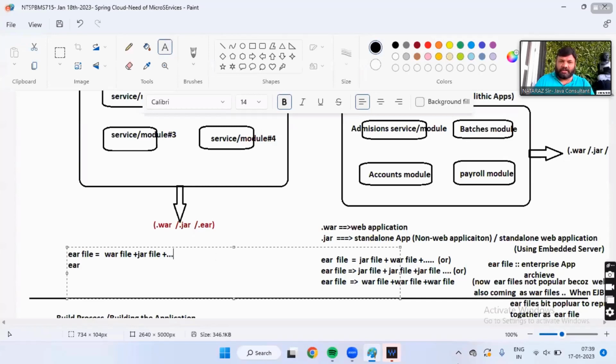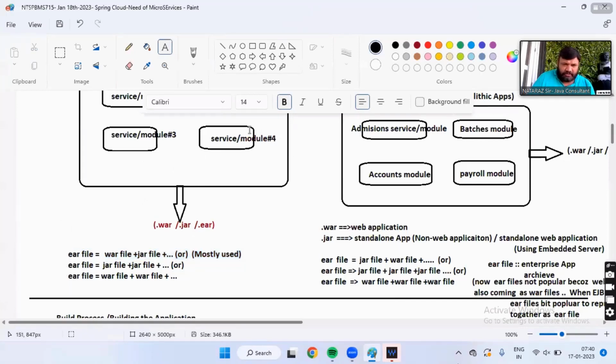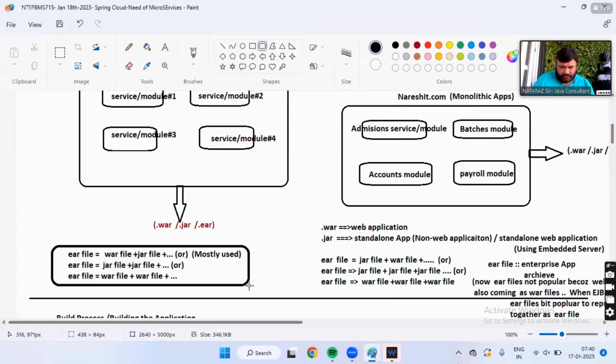Or there is one more possibility: an EAR file is equal to a jar file plus a war file plus a war file. But the first is the mostly used one. Understanding my statement, boss?